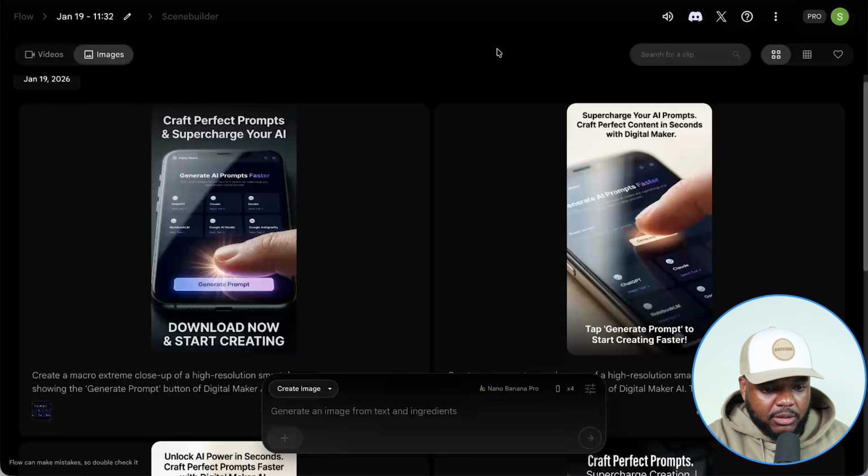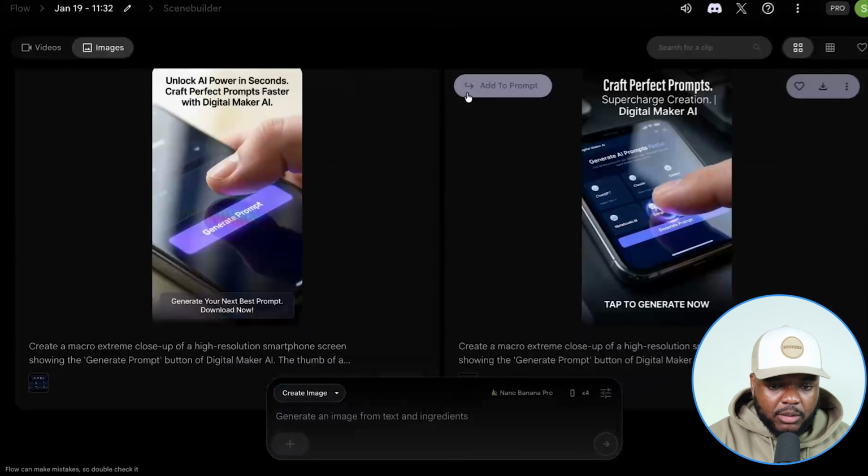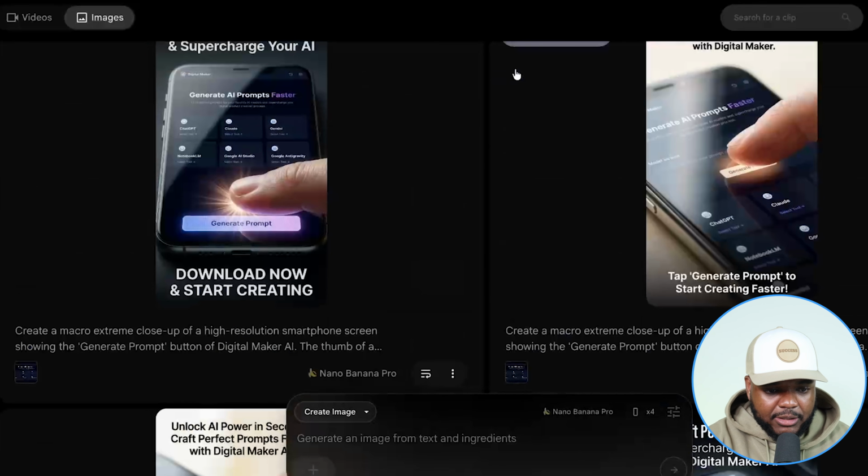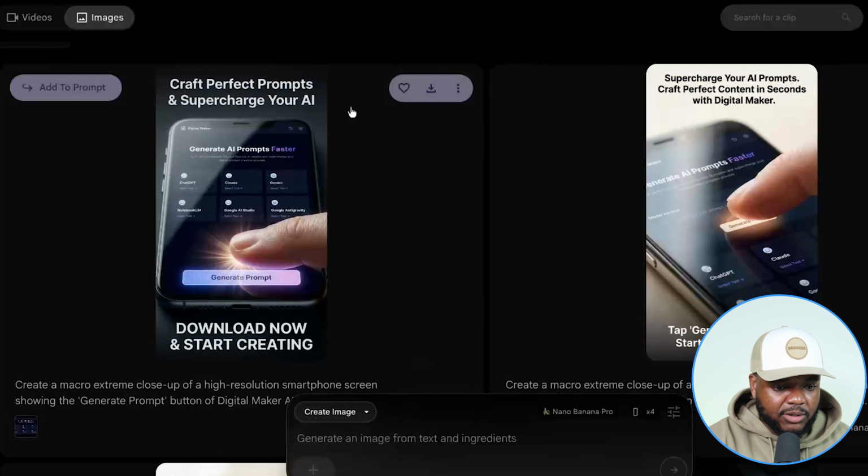Okay, guys, here we have it. These are the different images that Nano Banana was able to make. So I'm sure that you guys can see how decent it looks when it comes to the professionalism of it, you know, the realistic nature of it. All these different images, I'm going to be able to use them straight away if I wanted to, because